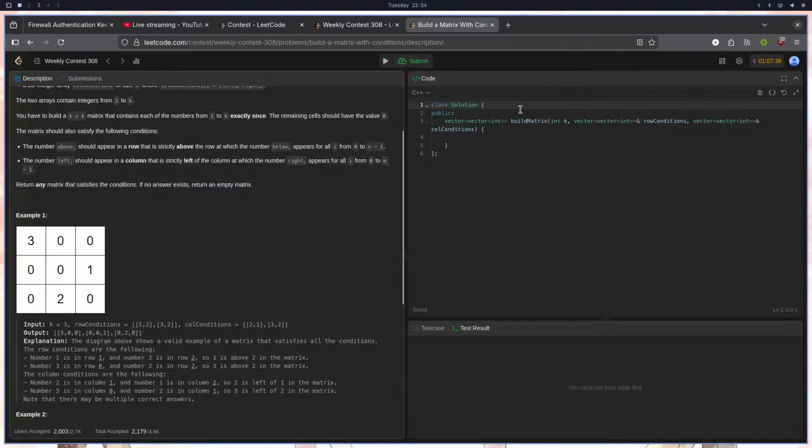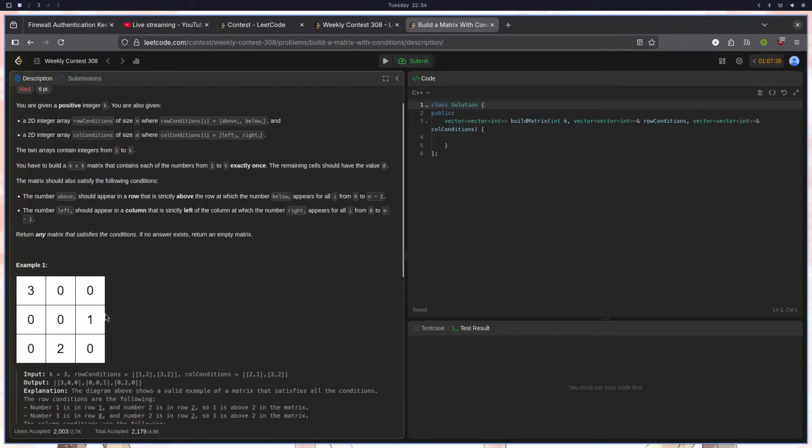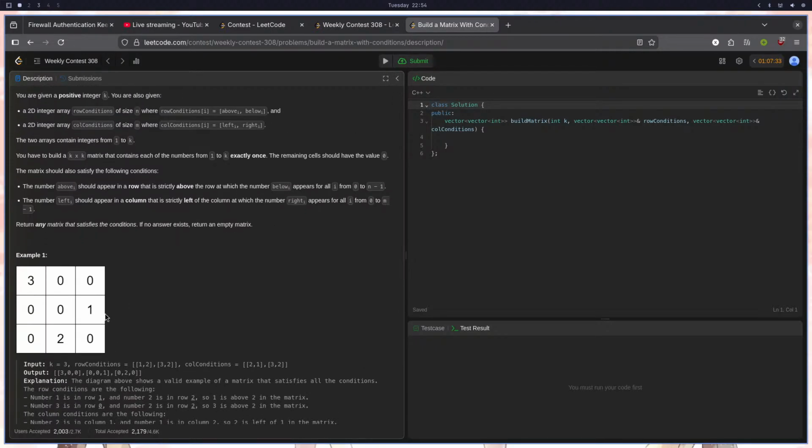Yeah, it's a topological sorting based algorithm problem, and we just have to check whether there exists a topological ordering that it supports. So, I see, just have a vector and